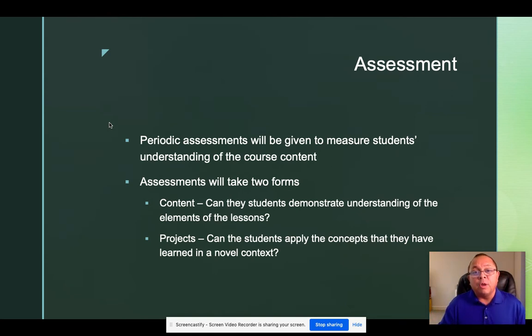And we'll also have projects that help students demonstrate what they have learned in class by applying that knowledge in a new way. So let's take these three things that you've learned and let's do something with it. And I usually like to allow them to use